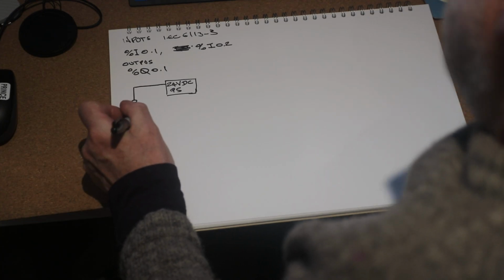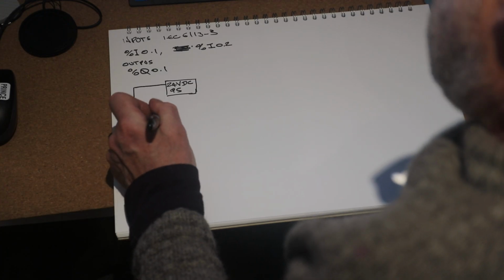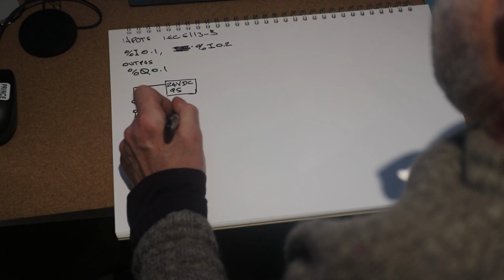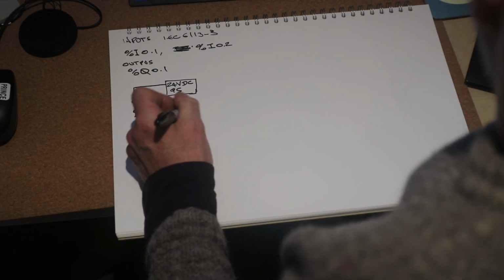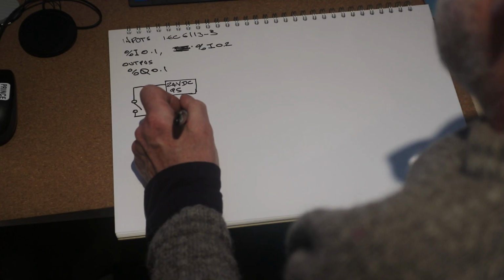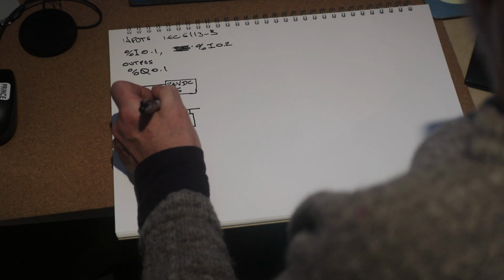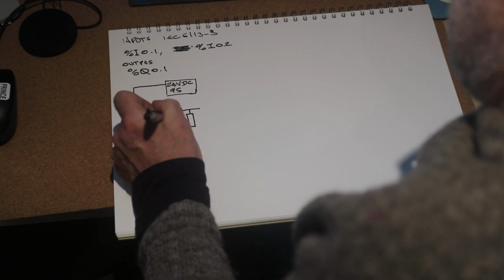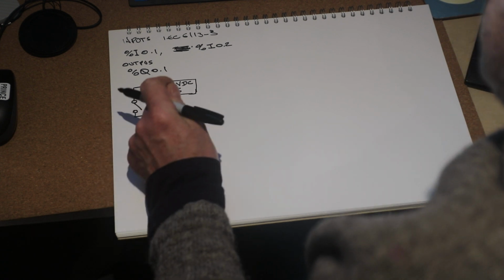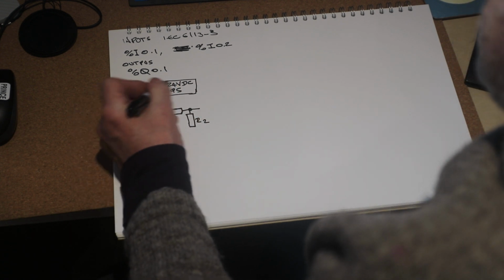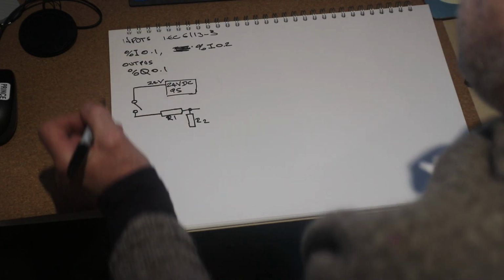And then what we've got is what's called a potential divider here, and a potential divider is usually 2 resistors. Now they've drawn it a bit weird. I'd normally draw them in a straight line, but anyway, they've drawn it like this, and these are resistors, right? That's R1 and that's R2. What they do is divide up this 24 volts into